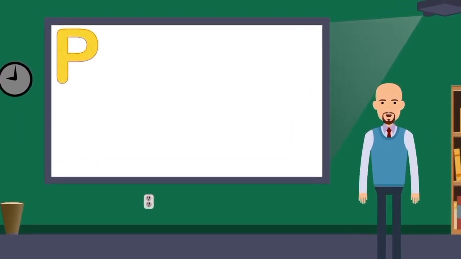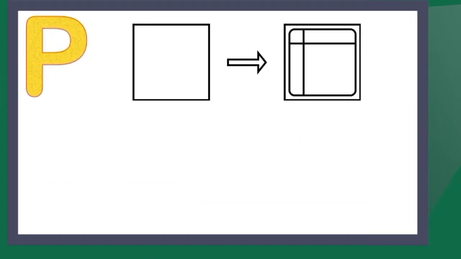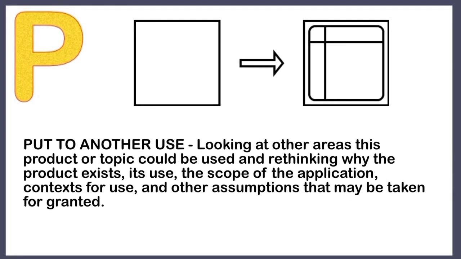P. Put to another use. Looking at other areas this product or topic could be used and rethinking why the product exists, its use, the scope of the application, context for use, and other assumptions that may be taken for granted. Questions may include: